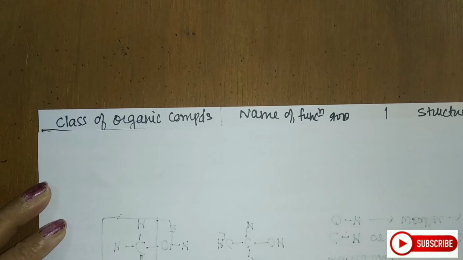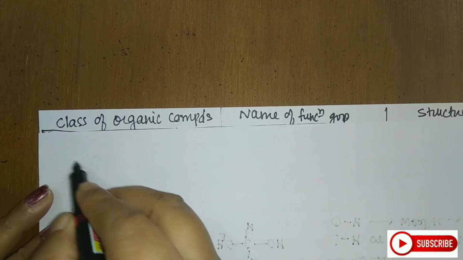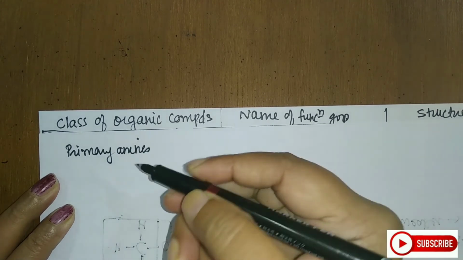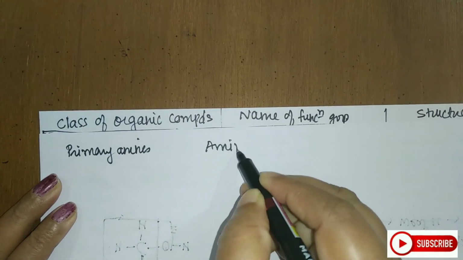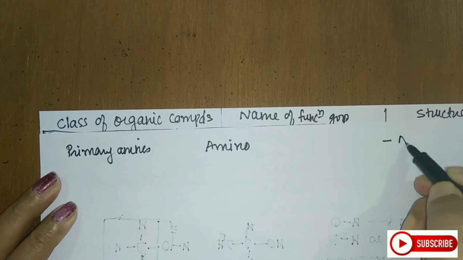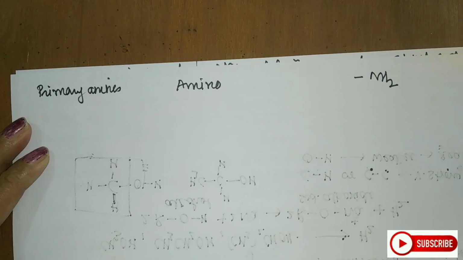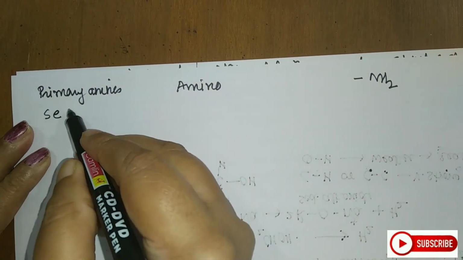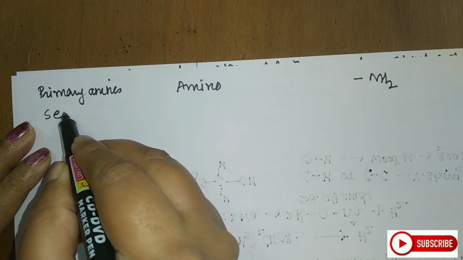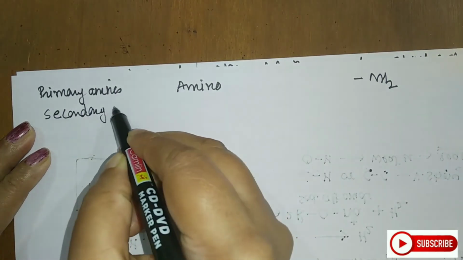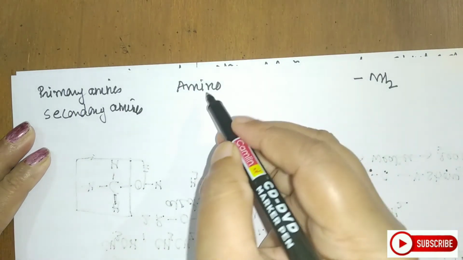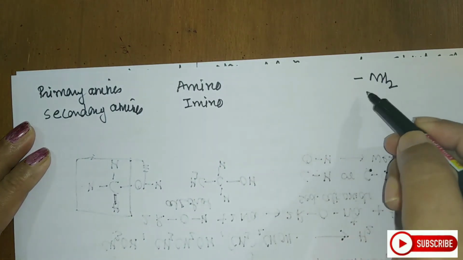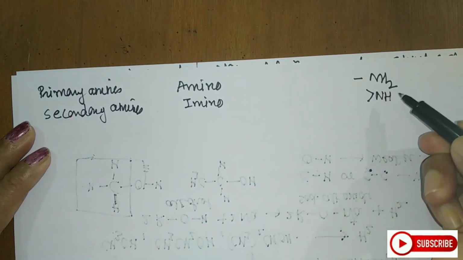Next groups, you have primary amine. They are called amino and represented by simply the NH2 group. Next is secondary amine. When I say primary, only the position of the attachment will change. So the next is secondary amines. They are called amino groups, and it is attached in this way, students. Only one hydrogen is less.